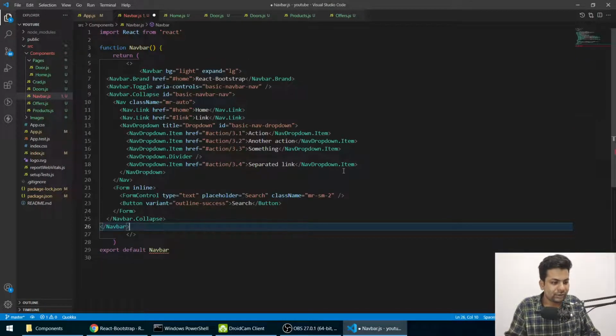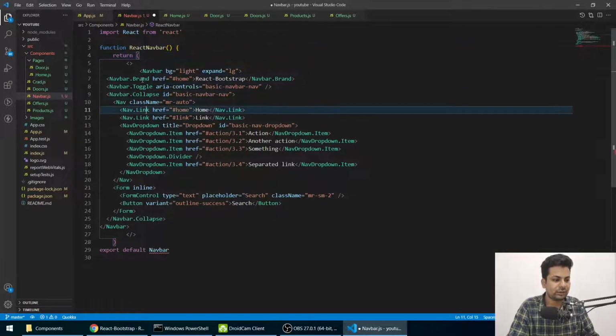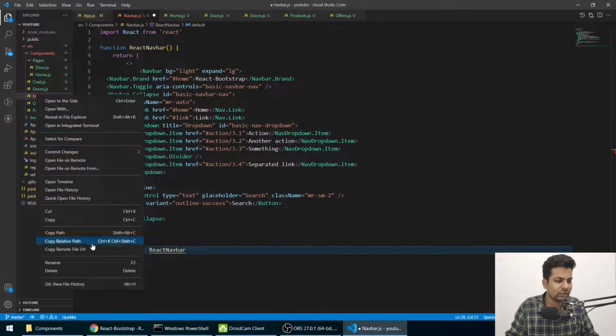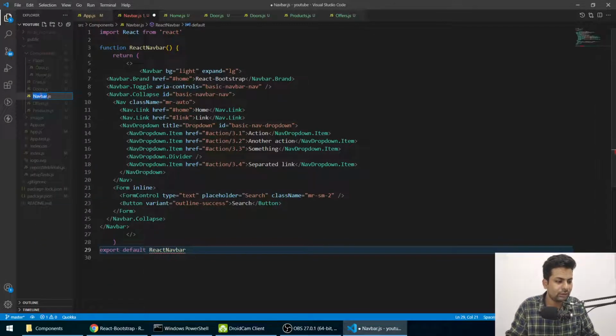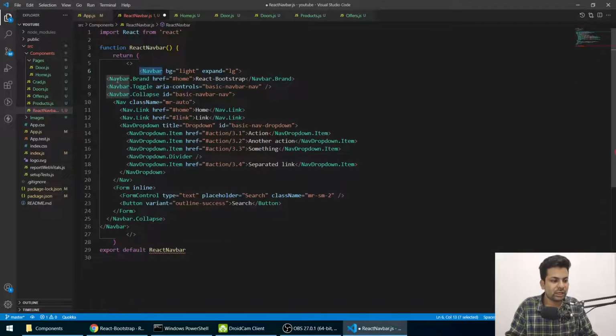Normal navbar, we're just importing navbar, but there is some error because we should use it as react navbar. Okay, export as react navbar, and it will change to the file name, react navbar. So now we have to import this navbar, nav, everything.